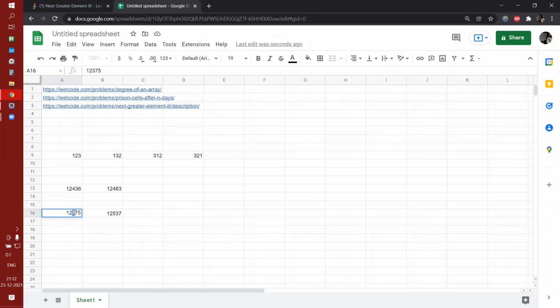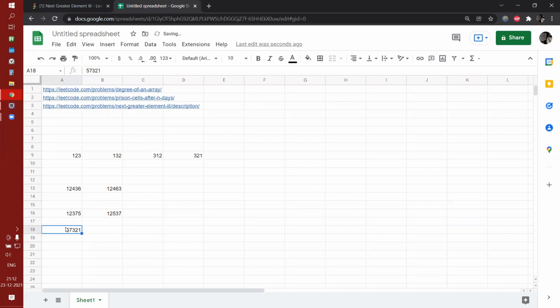We can start by dividing by 10 and taking mod 10, and inserting all the digits in an array. The array that is formed will be the reverse of this number, like 5, 7, 3, 2, 1.